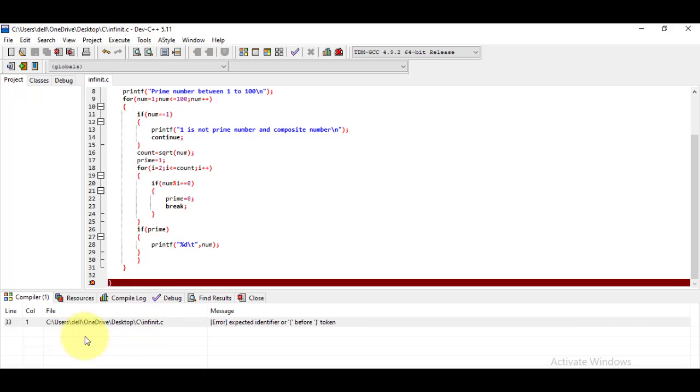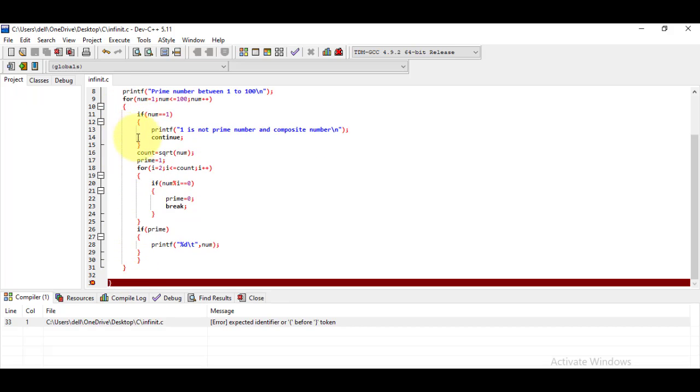So here it is showing me the message "unexpected identifier or before this token", so we must close it. Okay, so this if has started and this for loop has started from here, and this has closed here.